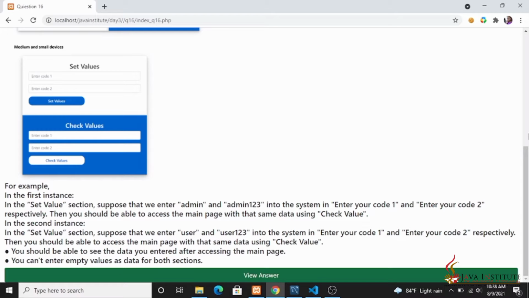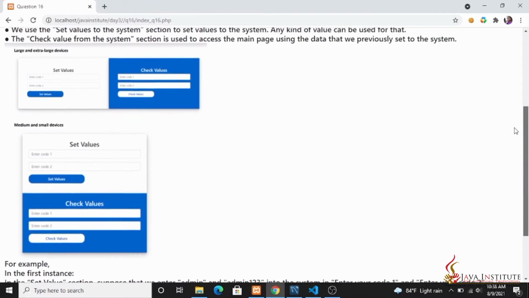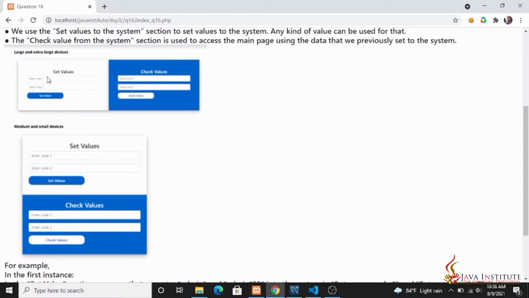So at first I have to enter some codes here, 2 codes. Then I'm clicking this button, and after clicking that, the value should be displayed upon this page, and then I can put those 2 codes in these 2 input fields, and then click this check values.